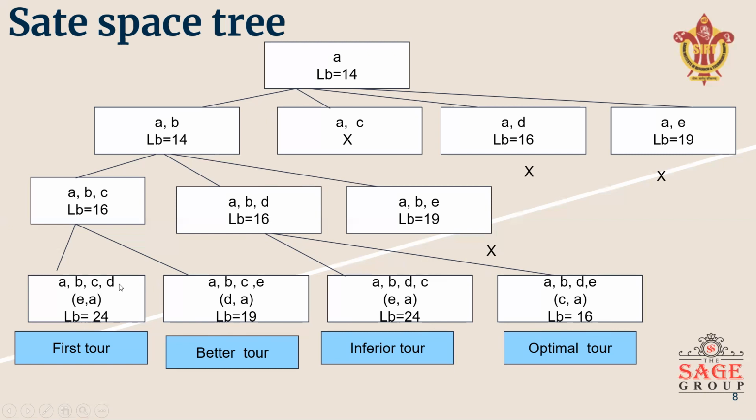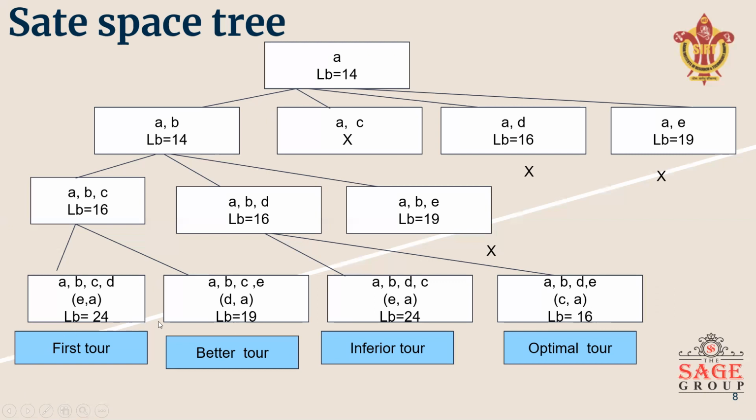After A, B, C, D, we will go to only E city, and from E there is a path to A, like this only. A, B, C, E. The remaining city is D, so we will go to D, and from D we will go to again A, that is the original city from where we started traveling. And like this we will add up the last remaining node or city, that is E here, and here the remaining city is C. All the possible paths are there for returning back to the original point.